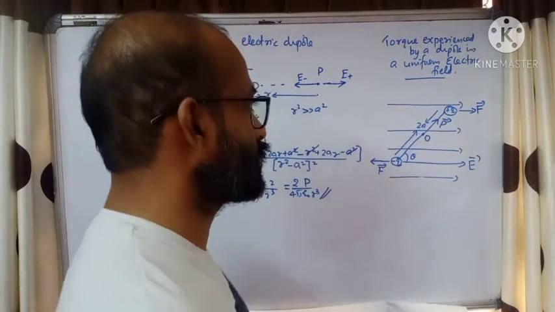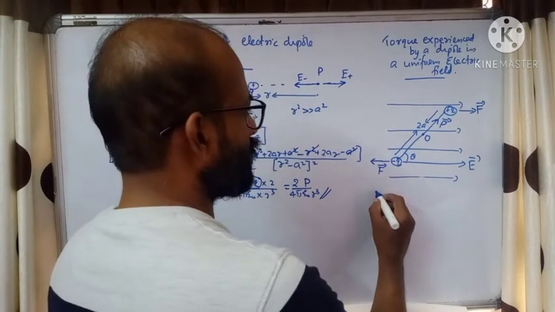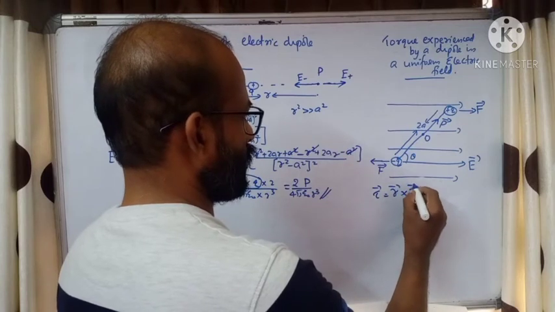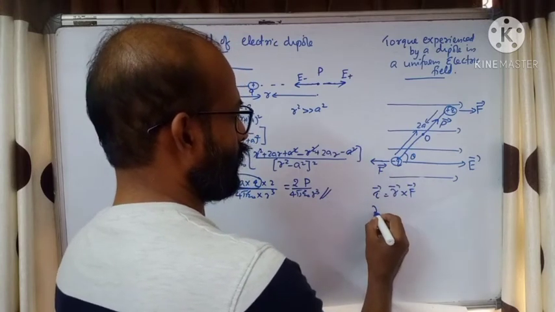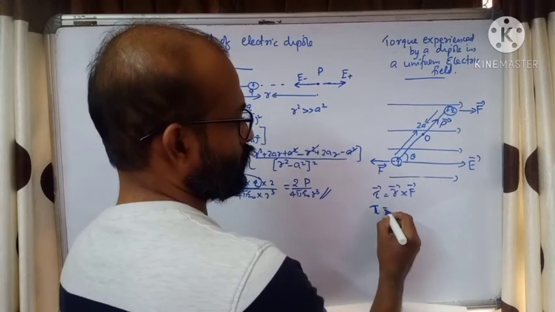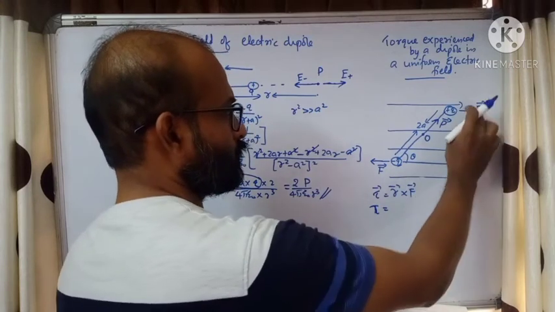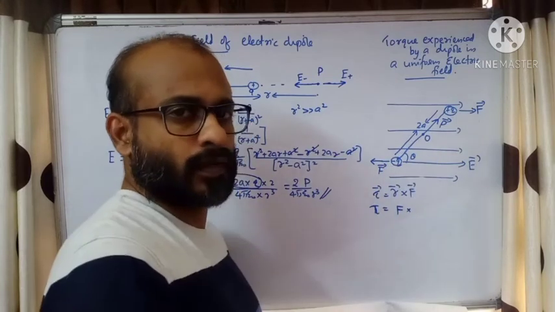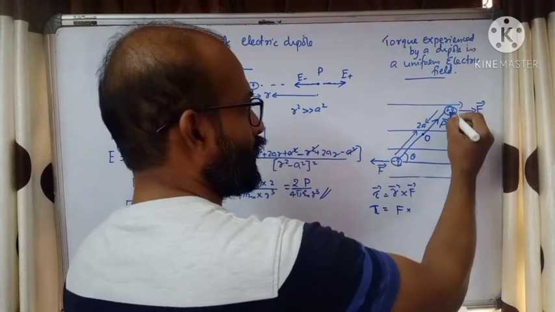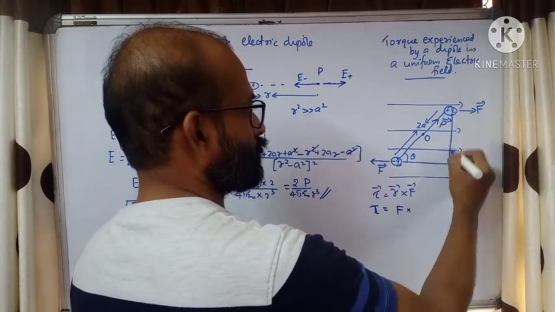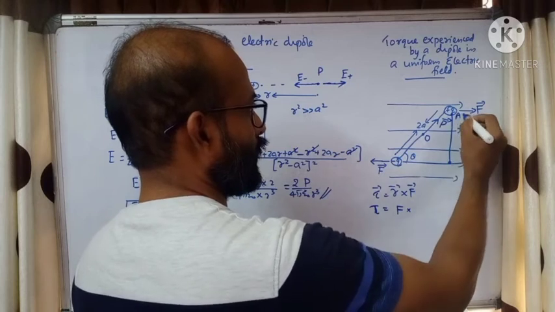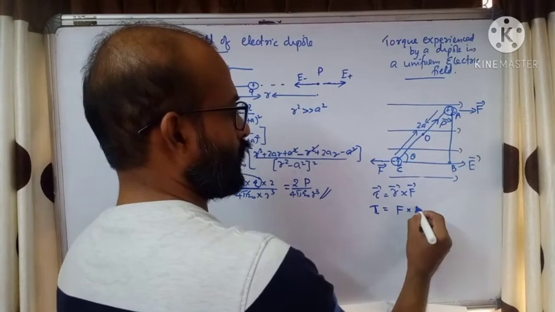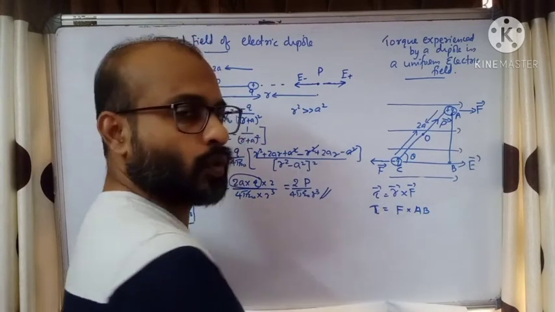How will you find the torque of this dipole? We have a general equation for torque: torque is equal to R cross F. We can use that. Otherwise, directly we can have a relation for torque. Torque is equal to the magnitude of one of the forces, any one force, times the perpendicular distance between the forces. This is one force, this is another one. I mark the perpendicular distance like this, A, B, and here C. So I need to find the distance AB. So F into AB is the magnitude of the torque.